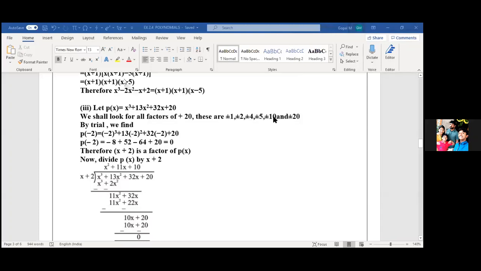But once all the terms are positive, don't touch these positive factors. Even if you take, you'll not get remainder 0. Simply it is a waste of time. That's why I'm telling. Am I clear, children? Yes, ma'am. If all terms are positive, don't take these positive factors of the polynomial. Ma'am, if all are negative, you should not take negative. Not like that. If all are negative, it will be mixed up. Okay, let's see the next question.